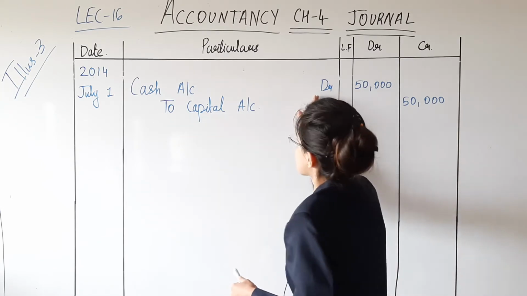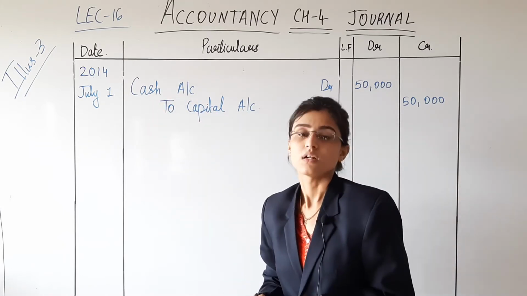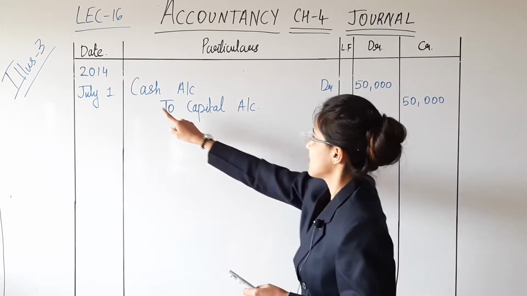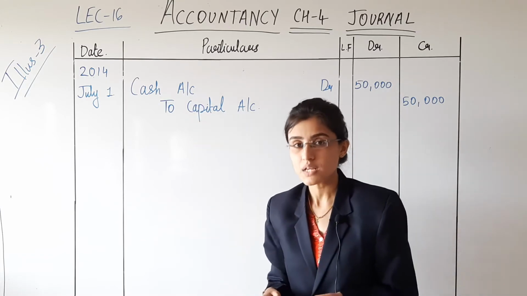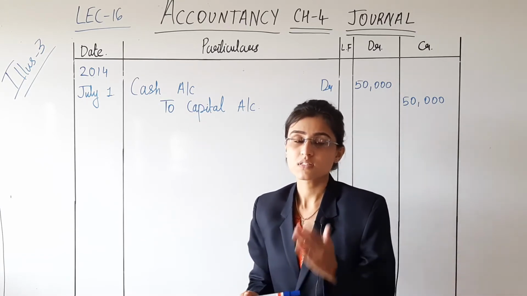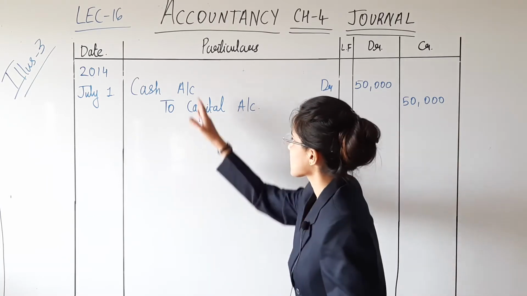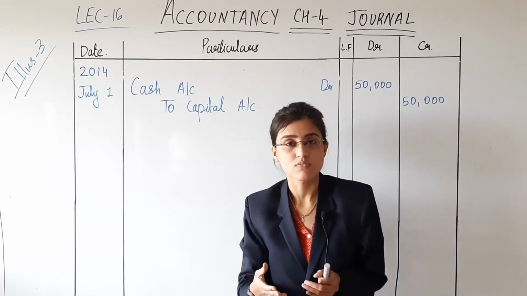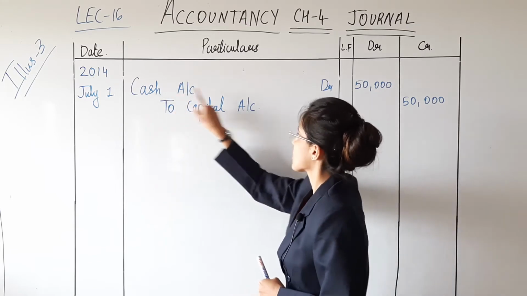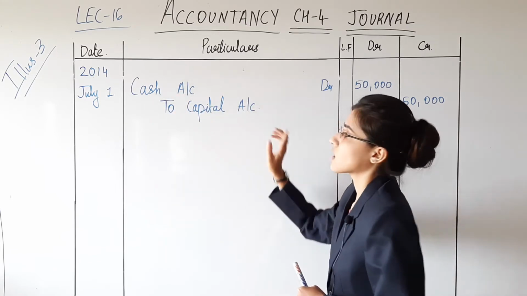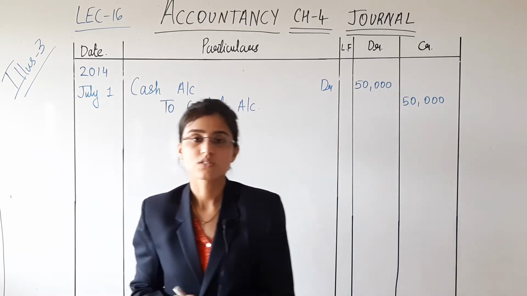So, let me repeat this and then we can continue. Cash account debit. Cash comes in the business. Cash, real account, debit what comes in. So, cash account has been debited. Then, anything that the owner brings in the business is capital. This definition we have understood in chapter 1, of course. So this cash is capital, and capital is always having credit balance. This way the journal entry is cash account debit to capital account.